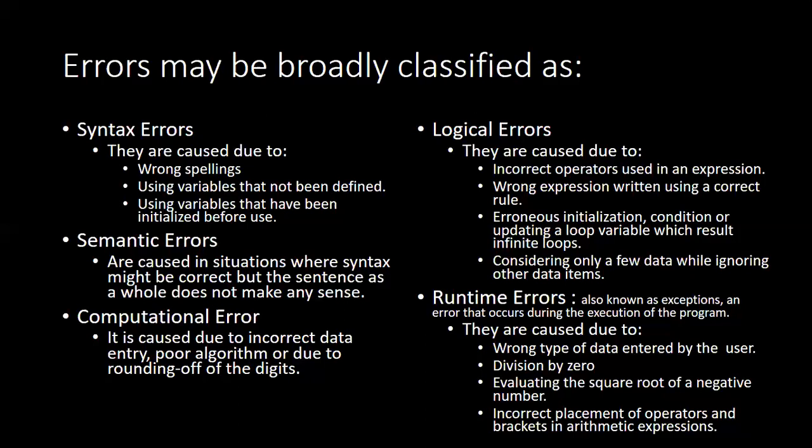The compiler just stops evaluating the program and tells you to correct the error where the number is divided by zero. Evaluating the square root of a negative number. Suppose we evaluate root over -4. Root over -4 is 2i. So 2i is a complex number, where i stands for root over -1. But i is not understood by certain programming languages. For that purpose, it should be declared in a certain way.